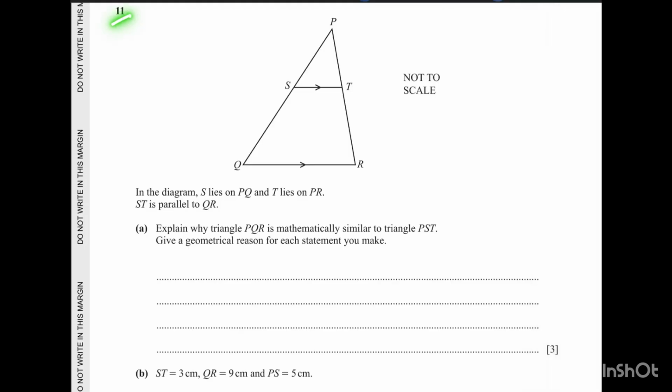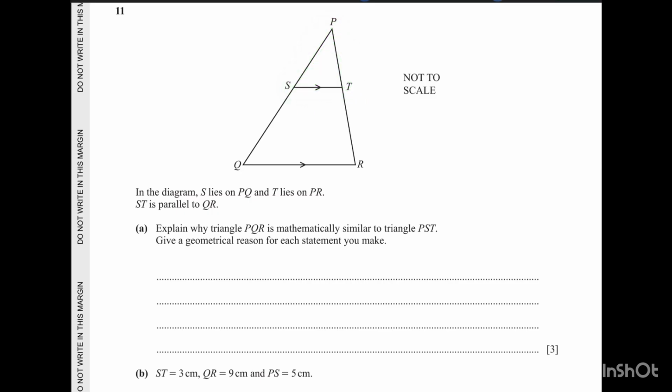Question number 11. In the diagram, S lies on PQ and T lies on PR. ST is parallel to QR. Question A. Explain why triangle PQR is mathematically similar to triangle PST. Give a geometrical reason for each statement you make. Now when we have to prove that this triangle PQR, the bigger triangle, is similar to the smaller triangle PST,